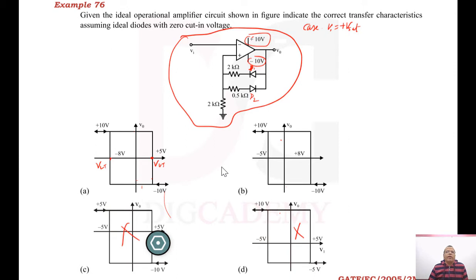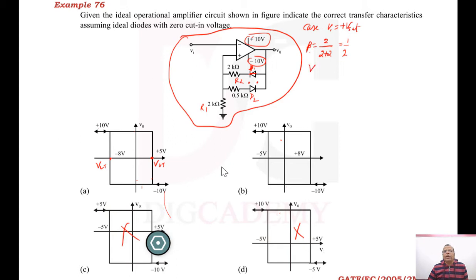Now we need to identify the threshold voltage, right? So case 1, when the output is plus Vset, diode D1 will be shorted and this will be an open circuit. That means this resistance of 2 kilo ohm will be in the circuit. So in that case, what will be beta? That is 2 kilo ohm, this will be R2, this will be R1. So 2 kilo ohm divided by 2 kilo ohm, that is R2, plus 2 kilo ohm, that is R1, so 1 by 2 will be the beta.